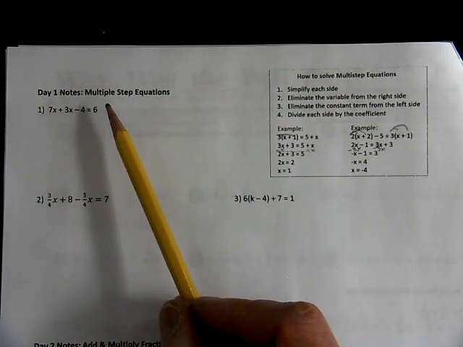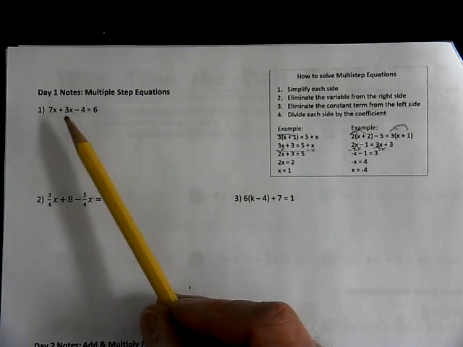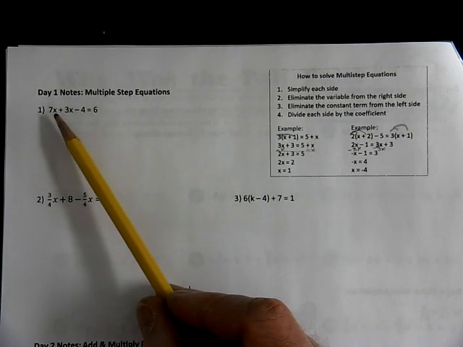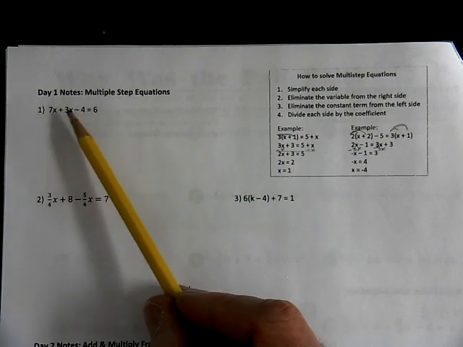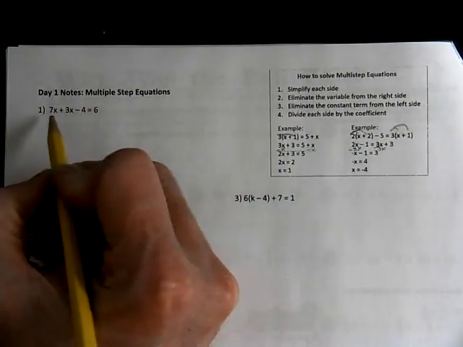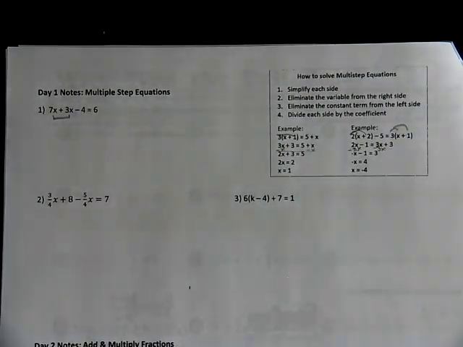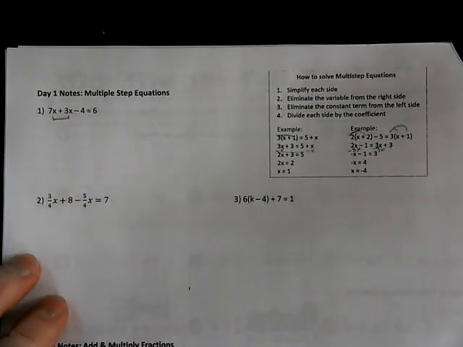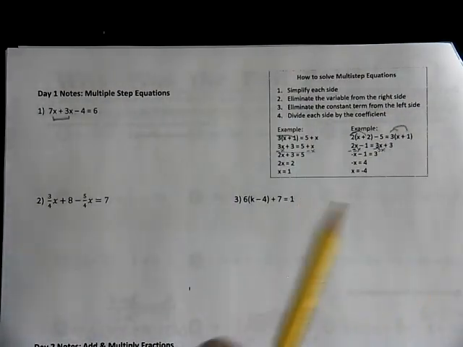This is geometry, but we're going to work on some algebra steps in geometry, multiple step equations. So here we're looking at an equation with two different x's. So we're going to group those x's up. What I want to be sure that you realize here, you should not, by the way,